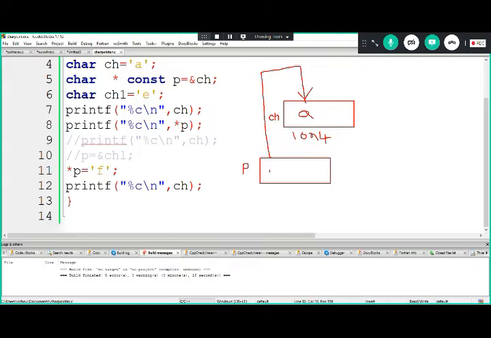Next, whichever the address of ch is stored in here, 1024. Okay, now let us think another variable has been created, with the name ch1. So in ch1 we have stored the value e here. Okay, in the previous case we can store the address of ch1